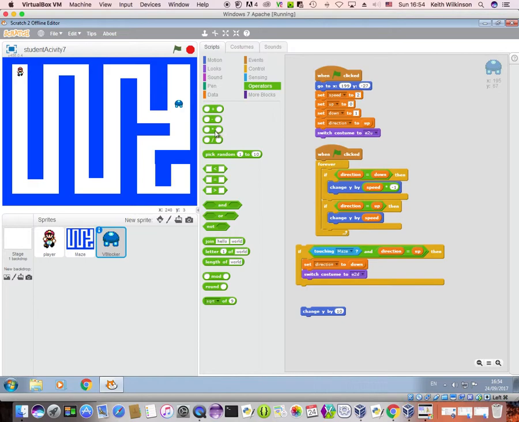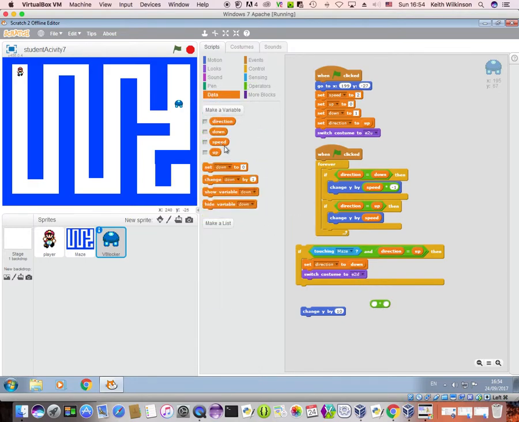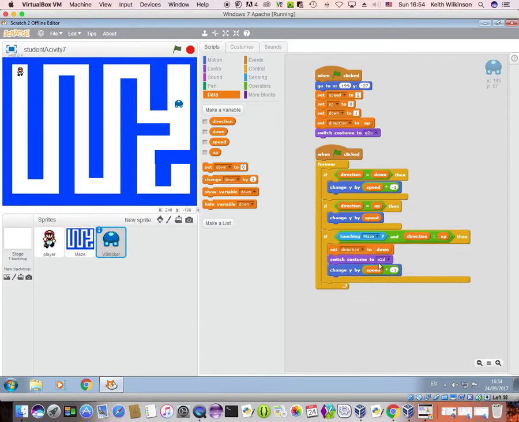So we need the times operator, and in there we need speed, and we need to times it by -1 and drag that into that block. Okay, so that should now work. As he's travelling up, he should hit the maze, turn around and then start travelling down. So let's run the program, see what happens. There you go, he's running up, touching the maze, and he's turned around, he's coming down, and he's gone straight